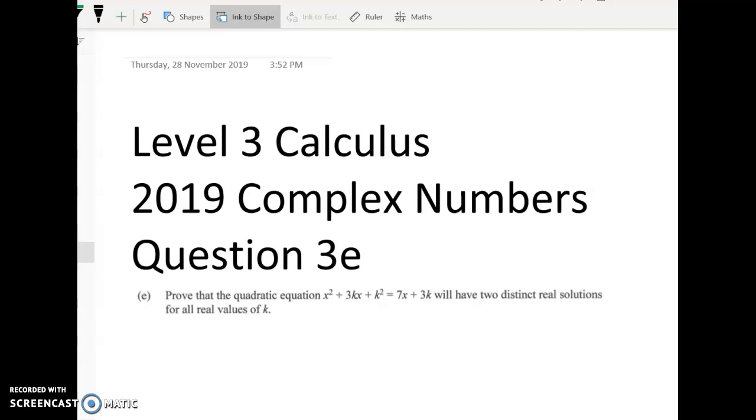Here's question 3e from last week's complex numbers paper. If we take a look at it first, we'll see pretty quickly that it's a discriminant question. We have to prove that the quadratic equation will have two distinct real solutions for all real values of k. In other words, no matter what number k is in there,